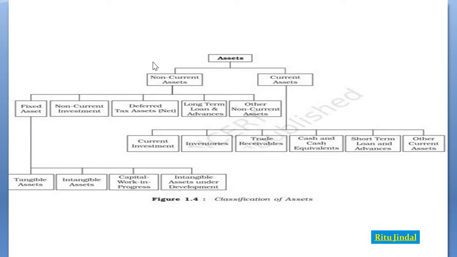Non-current assets, for example, plant and machinery, furniture, building. इन चीजों को आप एक साल में सेल नहीं करते और कैश में कन्वर्ट नहीं करते. If we sold out the furniture, building, machinery, land after 2 months, after 3 months or regularly, then how the business organization will do the business? वो तो यही काम करता रहेगा, कभी बिल्डिंग सेल कर दी, कभी नहीं परचेज कर ली, फर्नीचर सेल कर दिया, furniture purchase कर दिया. So these assets are not converted by the business organization into cash in a short time